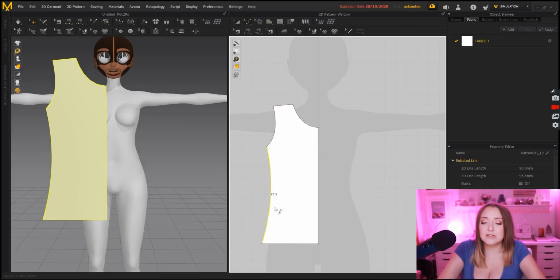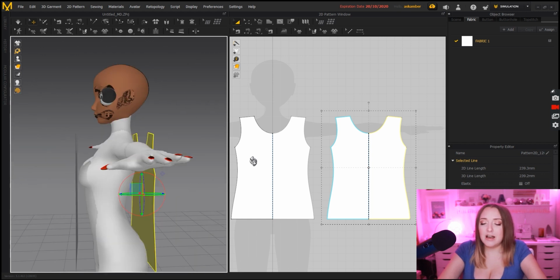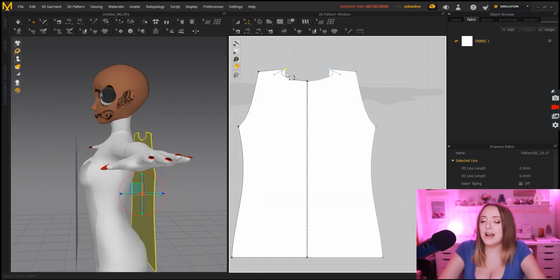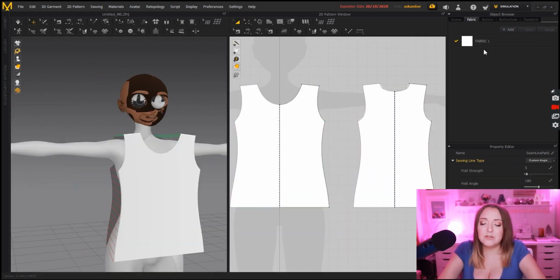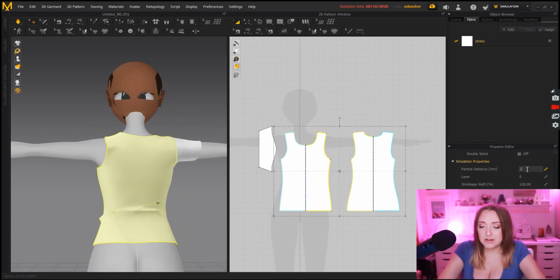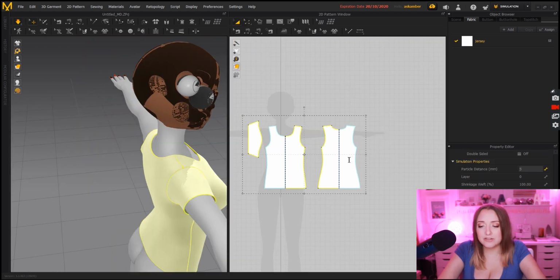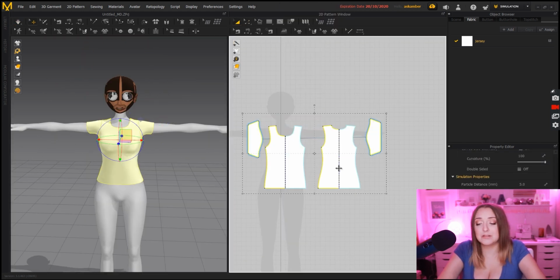Now we're going to go in with the shirt. So in Marvelous Designer, I'm going to start making just a basic t-shirt and fitting it to this model. If you want to know more about Marvelous Designer, I have some videos on my Twitch channel that you can go watch. It is $50 a month currently to have Marvelous Designer, but I use it so often that for me it's totally worth the price.